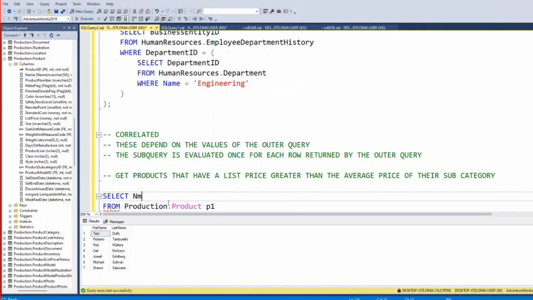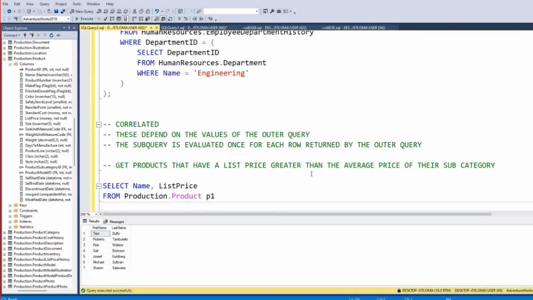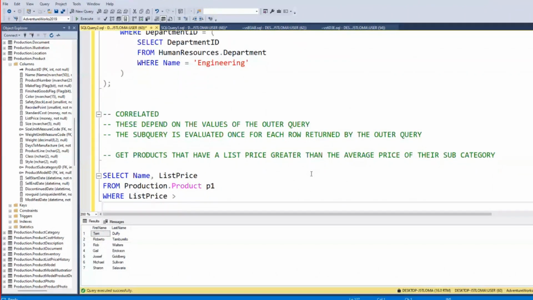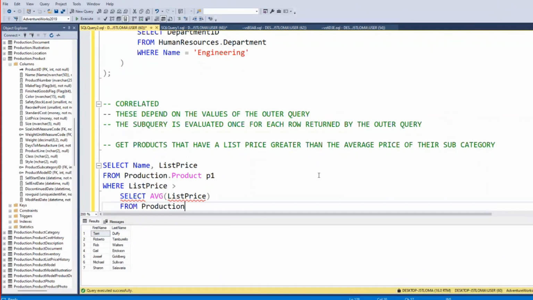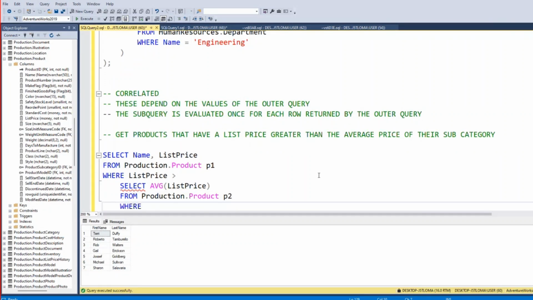I'm going to get the name of the product and the list price, for now. So from production.products, which I have given the alias P1, I'm going to filter for where the list price is greater than, going by the question, the average. So I'm going to select the average list price from production.products, this time around P2, where P1 dot